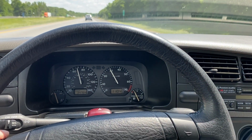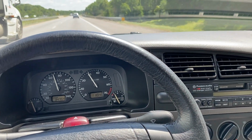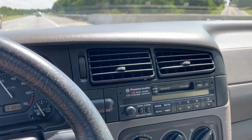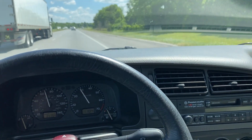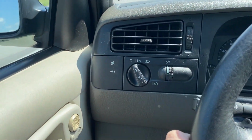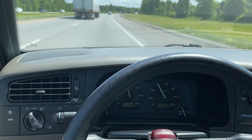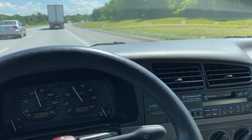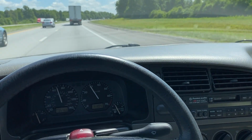It is the GLX trim, so it's got the leather and the premium sound system. The air conditioner works. The leather still smells nice. It just smells like old leather in here. It actually has ABS, so this is the first year of this body style. The dash is nice, the top is nice. Never had any paint work or anything like that. Only got a couple door dings